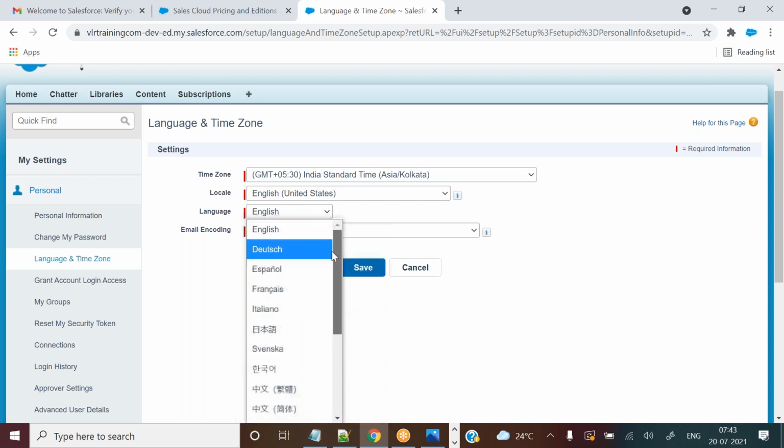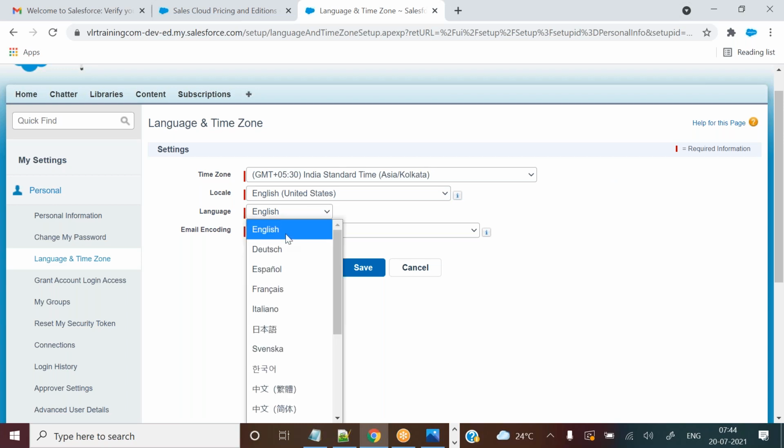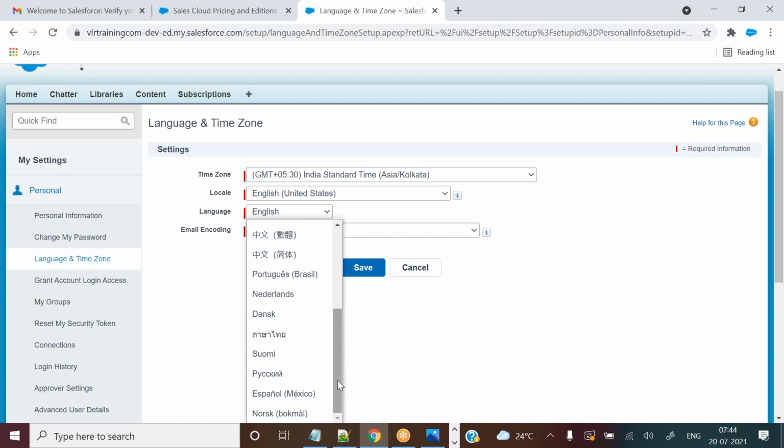At the bottom there is also language, English and French and others. So why have they given all these time zones and these kinds of things? The answer is, many countries are involved, and any country can buy a Salesforce license and use it. That is the reason they have provided different languages, like Dutch and French, because people from different countries are using a Salesforce account. For them they have given these languages. The actual benefit of the language I will show you going forward.